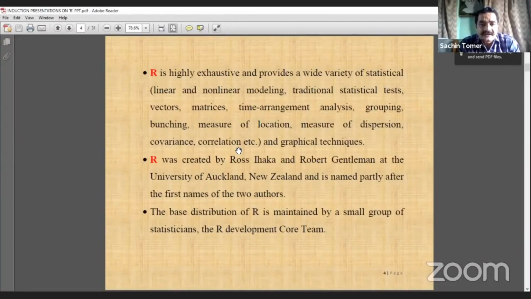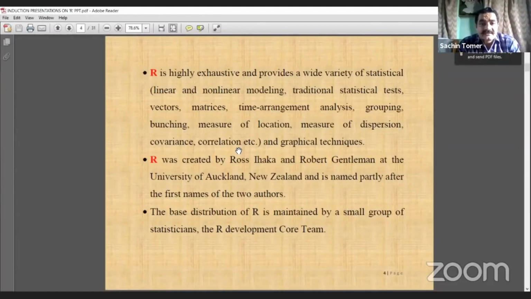Correlation analysis we can do with R if we want to find the linear relationship between two or more variables. A direct command is there to get the result very quickly. Regression analysis is also there; we can do regression analysis with the help of R and predict values according to the data.